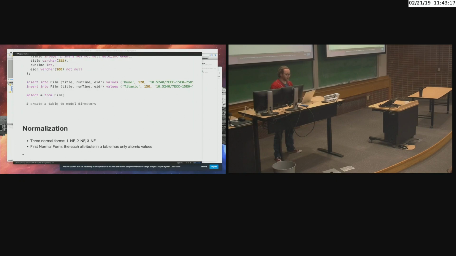Atomic meaning that you can't break it up any further than it already is. We basically did that, but rather than tell you what you should do, it's much more helpful to show you what you should not do, right? What is a violation of first normal form, right? Having a comma delimited